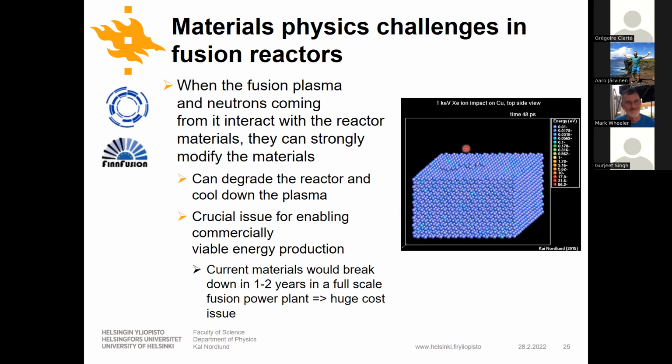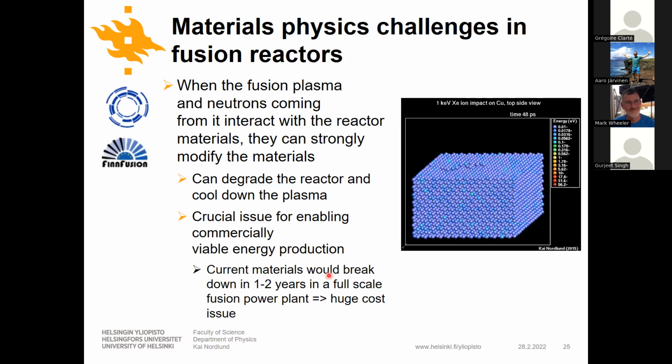Well, this example is actually not fusion specific. Copper is not going to be used in fusion reactors. It has too low a melting point, but the physics is very similar to what happens in a fusion reactor. And currently, there are many materials from which you can build a fusion reactor. ITER is being built and so on. But we know, for instance, ITER is built mainly with regular stainless steels,